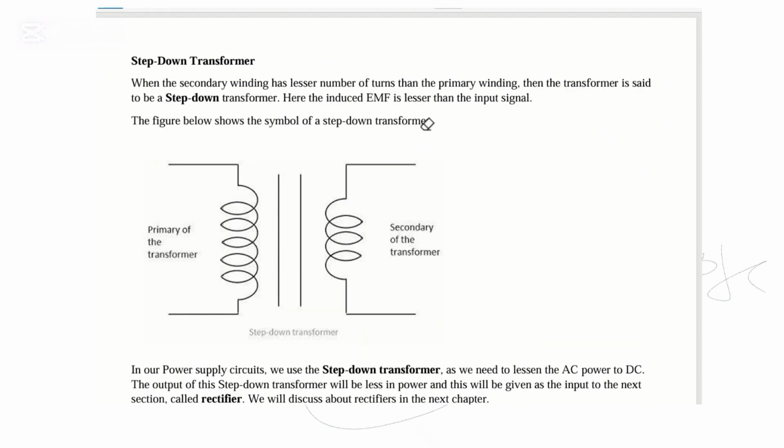So, step down transformer. When the secondary winding has a lesser number of turns than the primary winding, then the transformer is said to be a step down transformer. Hence, the induced EMF is lesser than the input signal. The figure below shows the symbol of a